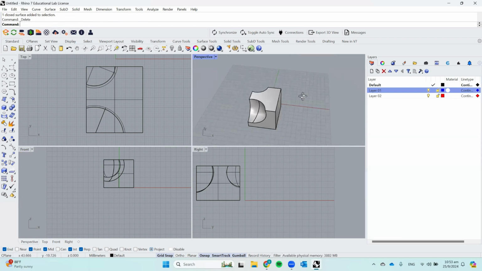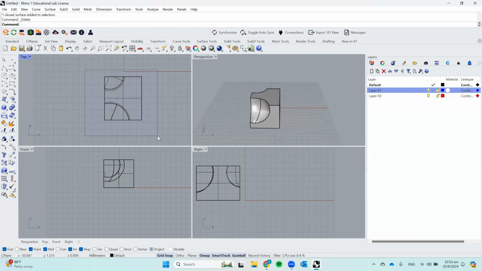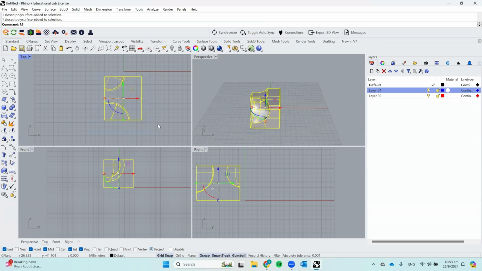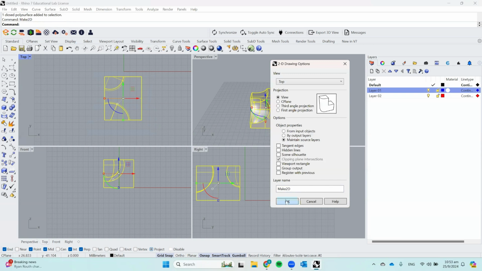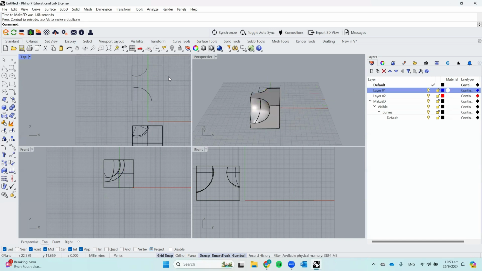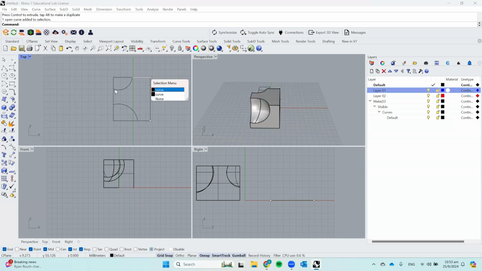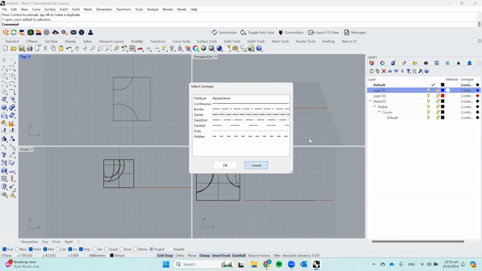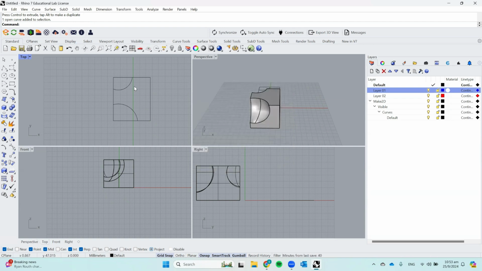So if I want to make a 2D drawing of this, for example, the top view 2D drawing, I can just select this object and I type make 2D. So I will essentially just get a 2D drawing of this, which is great. And then I can assign these lines to different layers and then adjust the line type under here. So I can adjust line type and stuff and adjust the dimension of the lines and use line weights in Rhino itself. Or I can export this. So you can either adjust line weights in Rhino, which you can find out how to do yourself, and adjust line types, or what people usually do is export